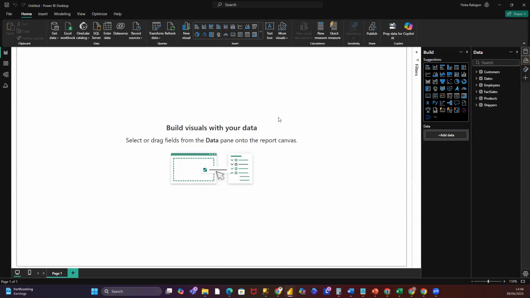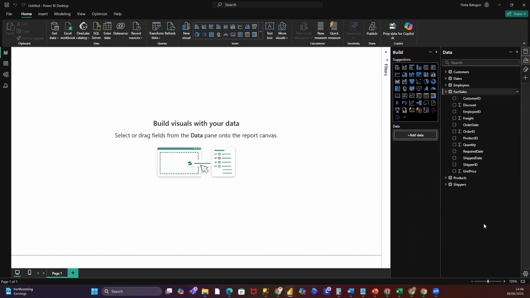So now, in Power BI, let me come to this. You can see my fact table here. When you see the sigma against any column, it means that that column is a numeric column. That is, it can be aggregated: average, sum, mean, and other stuff like that. So the